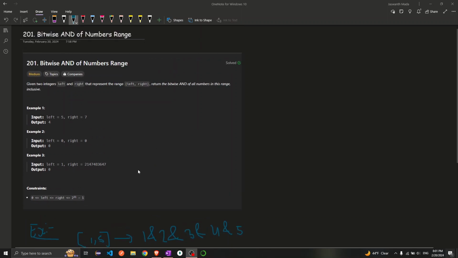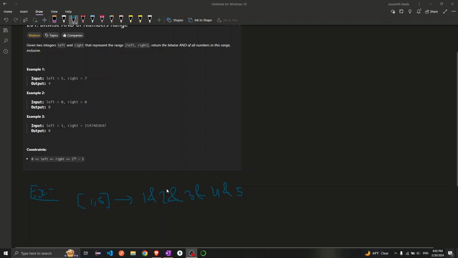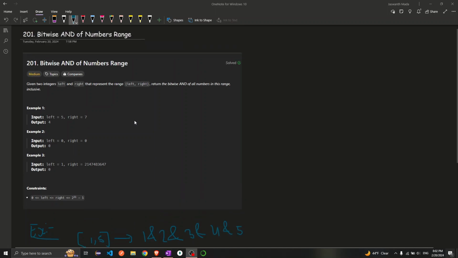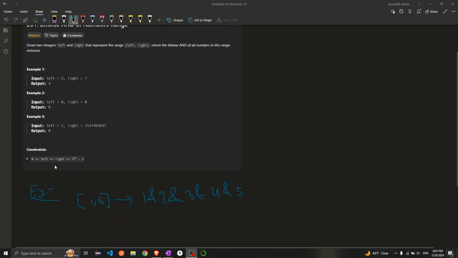So you might think this question is very easy, right? But it is marked as medium. So there might be something that they will be twisting, right? That something is nothing but the constraints. If you look at the constraints here,